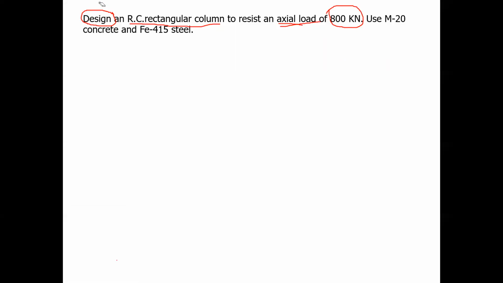So here design means you have to calculate the area of steel as well as the spacing. Okay, as well also the reinforcement. Okay, how much reinforcement to be provided in the column. So that is known as the design. Design means what you will calculate, the area of steel, and if it is a column, you are going to calculate the stirrup spacing or tie spacing. Okay, is it clear?